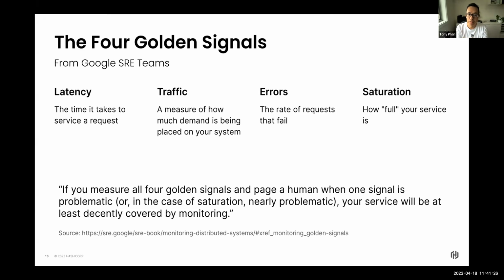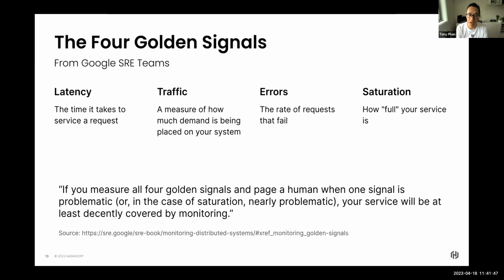Traffic is a measure of how much demand is being placed on your systems. For a web service, this kind of measurement is usually HTTP requests per second, something like that. Errors, it's good to look at errors as well, the rate of requests that fail. So when we think about APIs, when we think about layer 7, things like HTTP 500s,